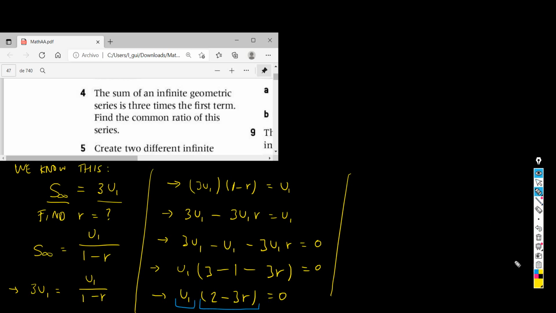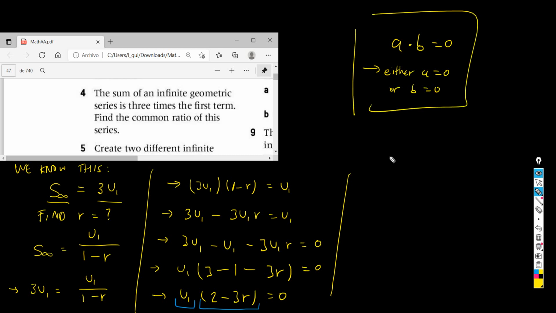We told you in the first semester that when the product of two numbers is 0, then either the first number is 0 or the second number must be 0, so that the product is equal to 0. So let's use this fact. I can write: either u1 equals 0 or 2 minus 3r